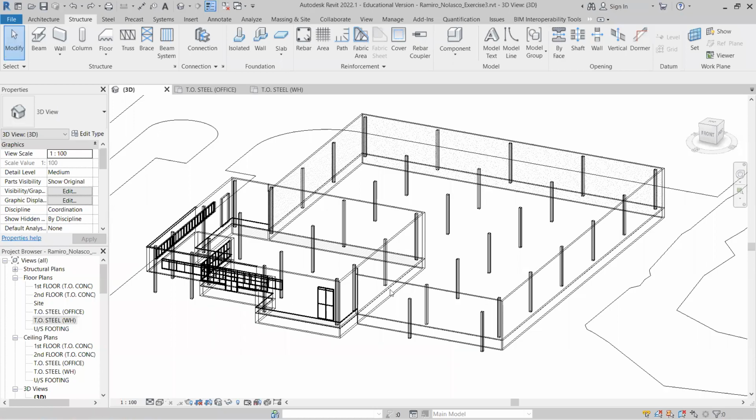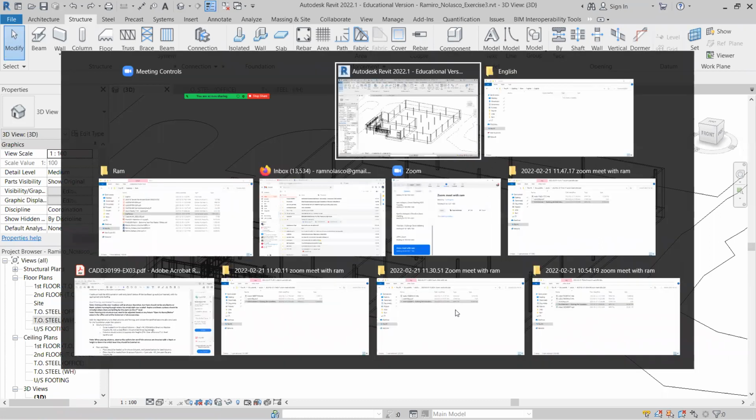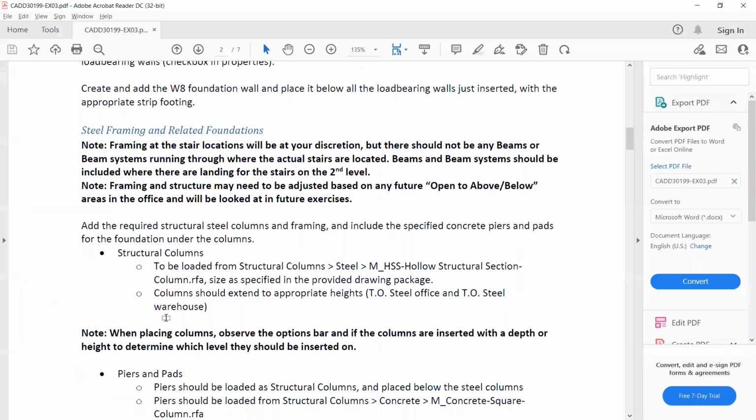The next thing that we would like to add are the piers that will support these steel columns, so that they will be made of concrete. Let's look at specifications if there are any. So we have here the structural columns. Column should extend appropriate height. Yep, we did that. And then for the pier,